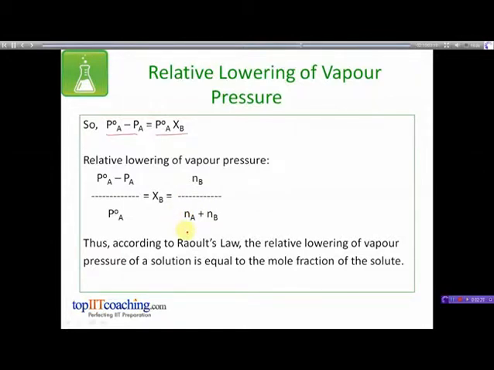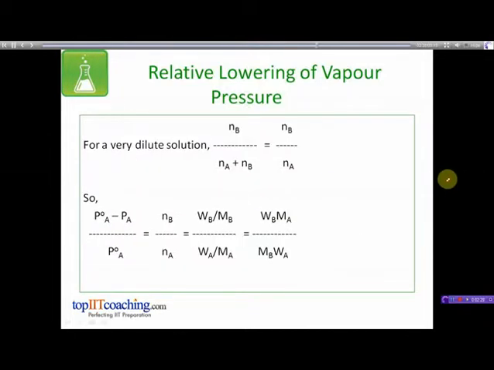So we can say that according to Raoult's law, the relative lowering of vapor pressure of a solution is equal to the mole fraction of the solute. Now in case of very dilute solutions, we can write that Na plus Nb is almost equal to Na. So Nb divided by Na plus Nb is almost equal to Nb divided by Na. On substituting this value in the previous equation, we get the relative lowering of vapor pressure is equal to Nb